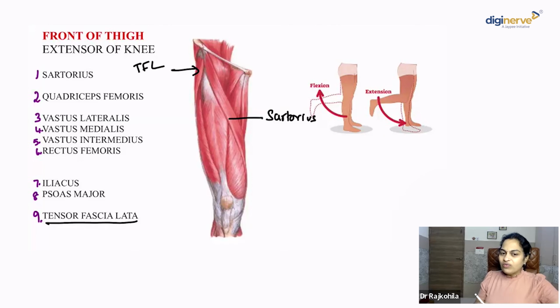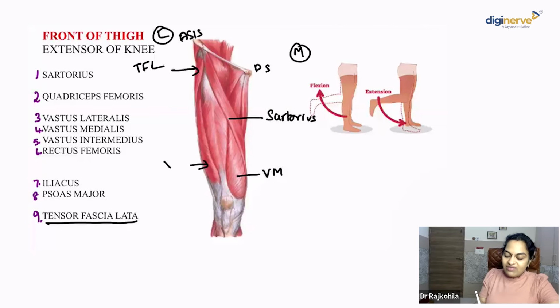What are the four components of the quadriceps femoris? This is the vastus medialis. Okay, this is the anterior superior iliac spine. Here is going to be the pubic symphysis. So this is medial and this is lateral. This is the vastus lateralis and this is the rectus femoris. Right? So where is the fourth one? The vastus intermedius. If I reflect the rectus femoris, beneath it I'll be able to see the vastus intermedius.